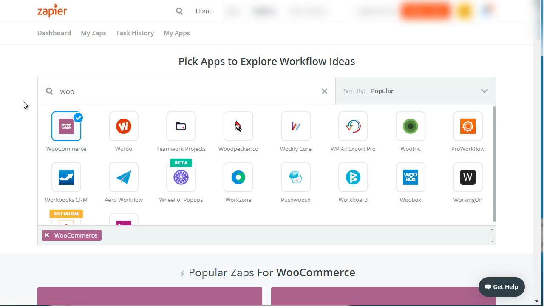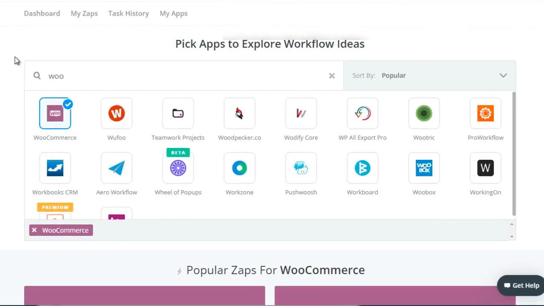And if they don't respond, let's say within 72 hours, you could email them a 10% discount coupon. So there are a variety of things that you can do in terms of Zapier. Now, I just want to show you as an example, if you go to Zapier and you log in and